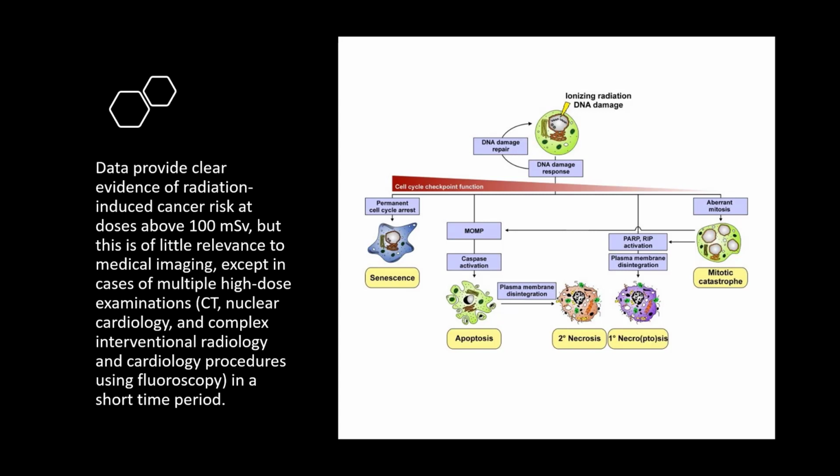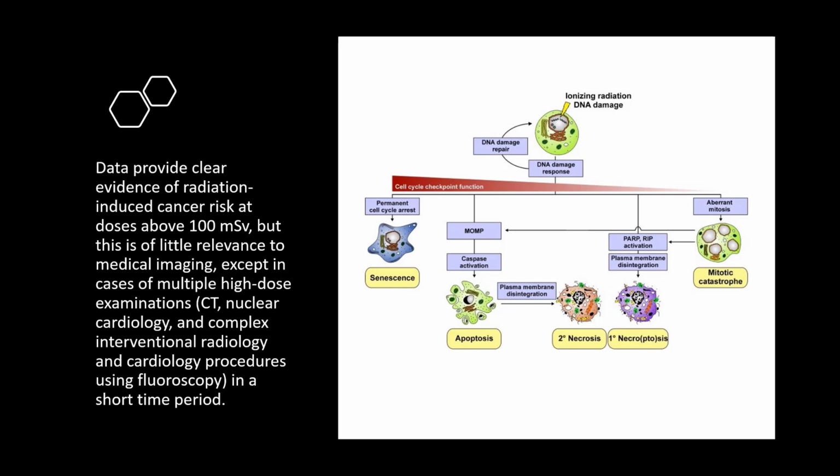So we'll look at patients. Patients, even those patients that have multiple high-dose examinations within a short period of time, rarely, if ever, exceed 100 millisieverts of radiation exposure. The greatest exposure patients will receive is usually from nuclear cardiology, a high-dose CT